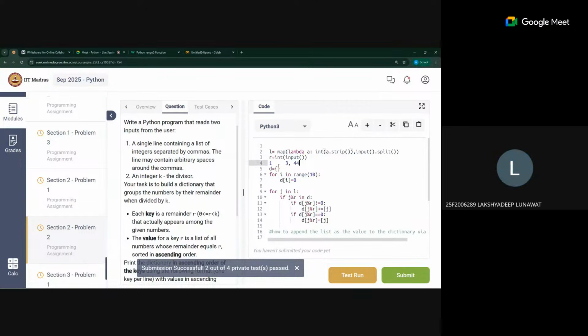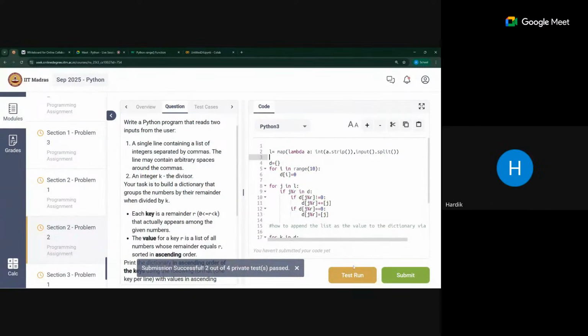If we use the strip before the split, will it clear the spaces? It will only clear the leading and trailing spaces. It will not clear the spaces in between. For that we have to use the lambda. Yeah. So if I run this,